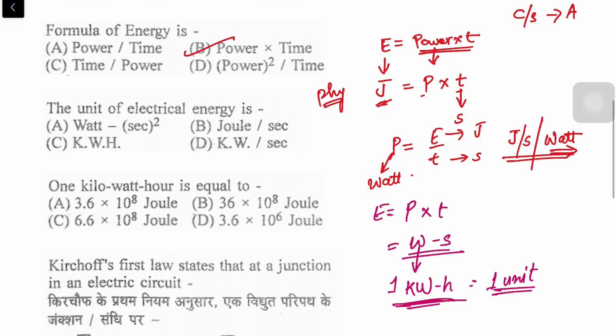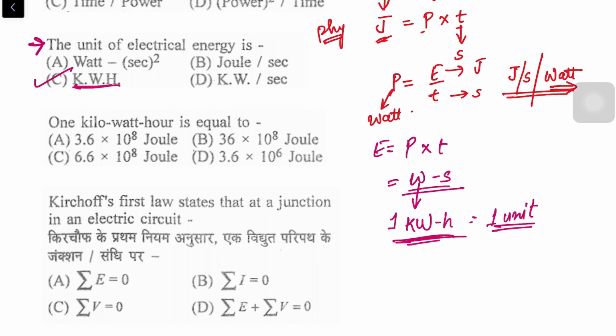So this is the unit of energy also. See, again you got the answer. The unit of electrical energy is kWh. I told you, no? So kWh is the unit of energy. Even if they have given kW second, that is also a unit of energy, because kW is the unit of power and second is the unit of time, right?